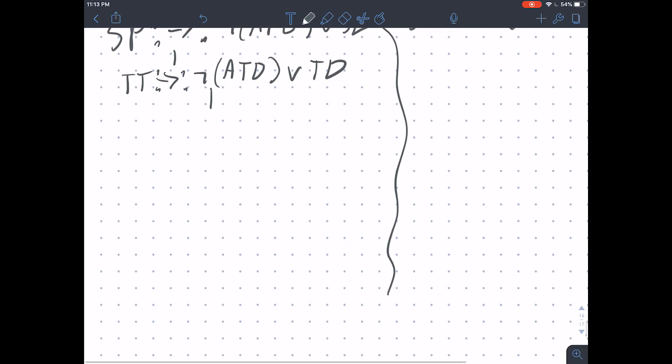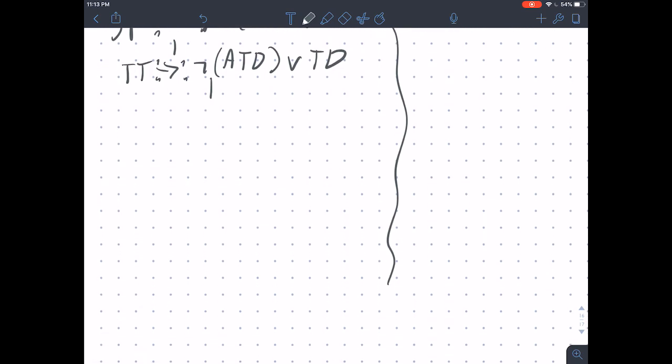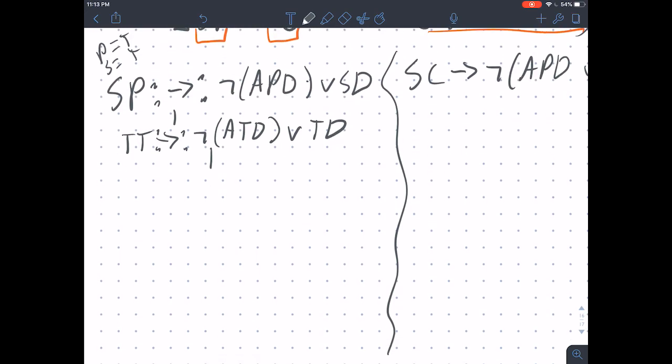And now we're just reducing, and I'm going to skip some steps because I hope that you can follow along. If I do that, so that gives us